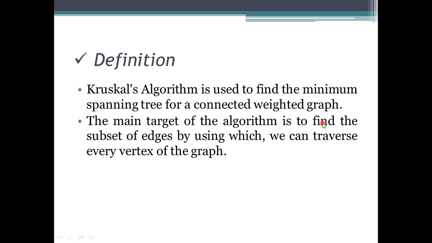We need to find the edge which has the minimum cost, and we plot in such a way as to cover every vertex of the graph. To reach that vertex, we add the edges.